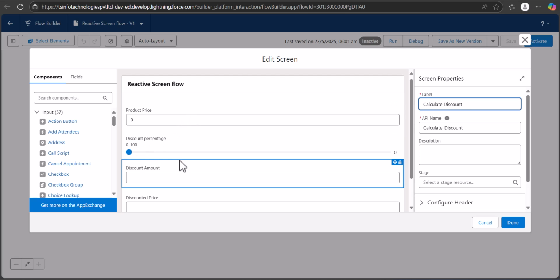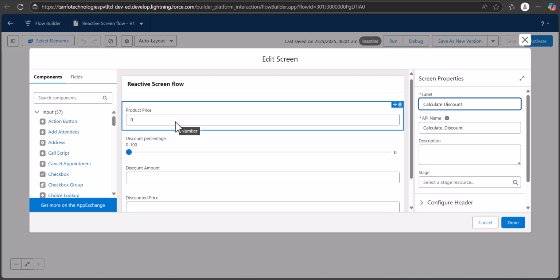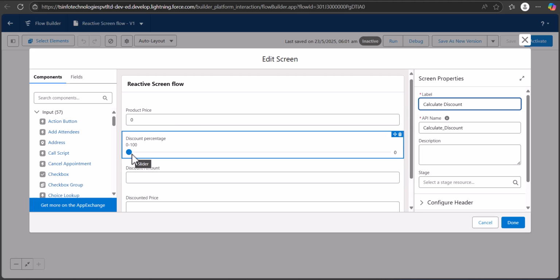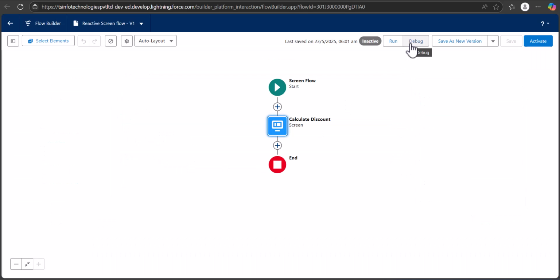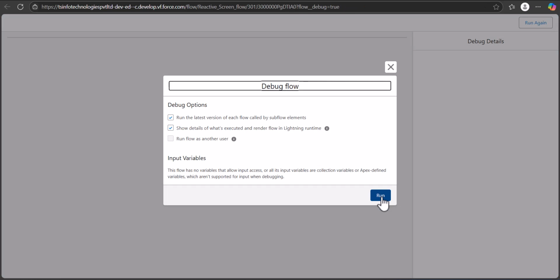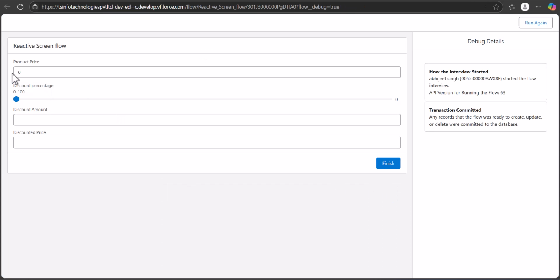to 100. So in this flow, when the user enters the product price and selects the discount percentage, then these two fields will be populated automatically. So for that I will click on the debug button and here click on the run button. So now you can see these are the fields that I have added in the screen flow. So here I will enter the product price as 500, and now you will see the moment I move this slider from the range 1 to 100, you will see the discount amount field and the discounted price fields